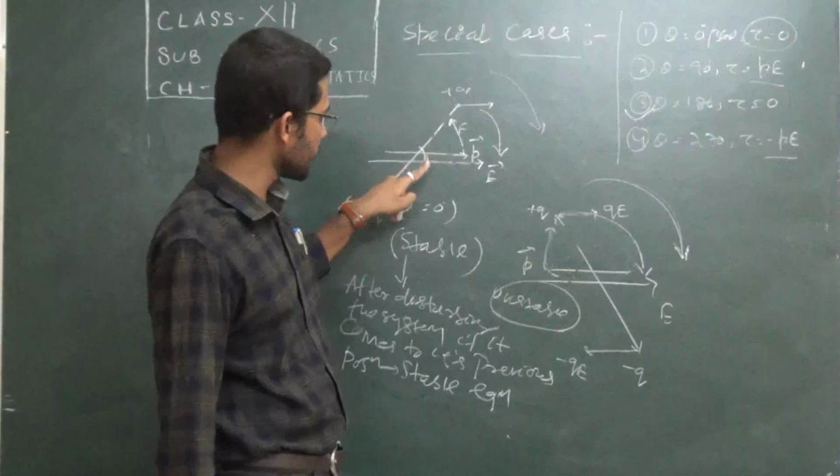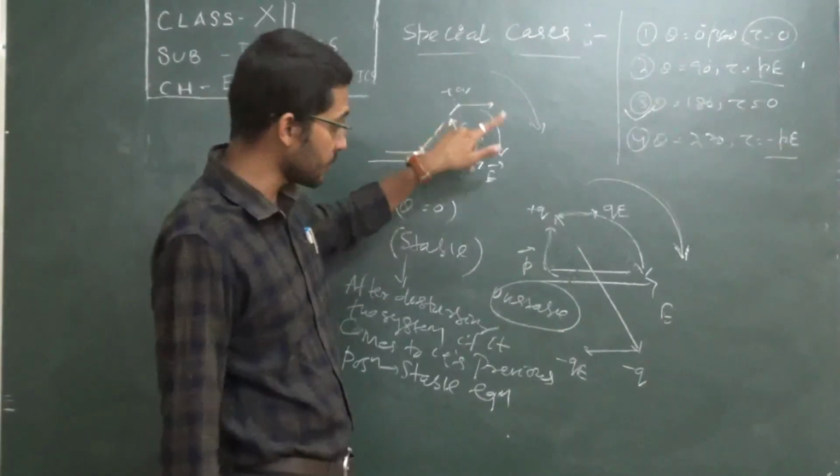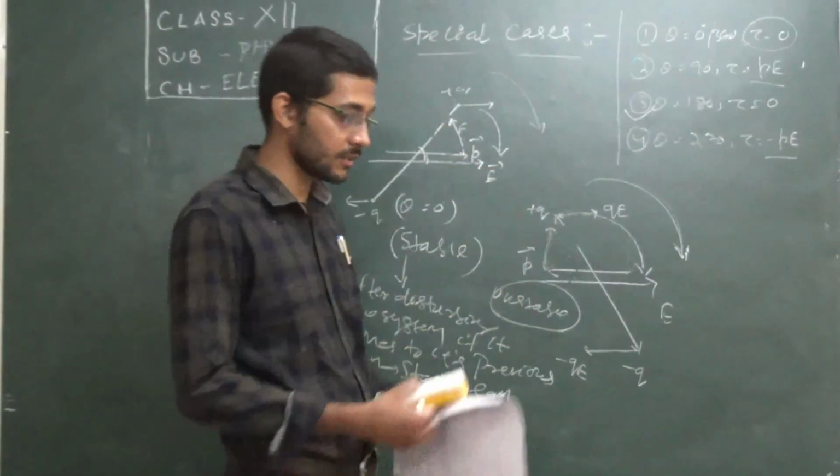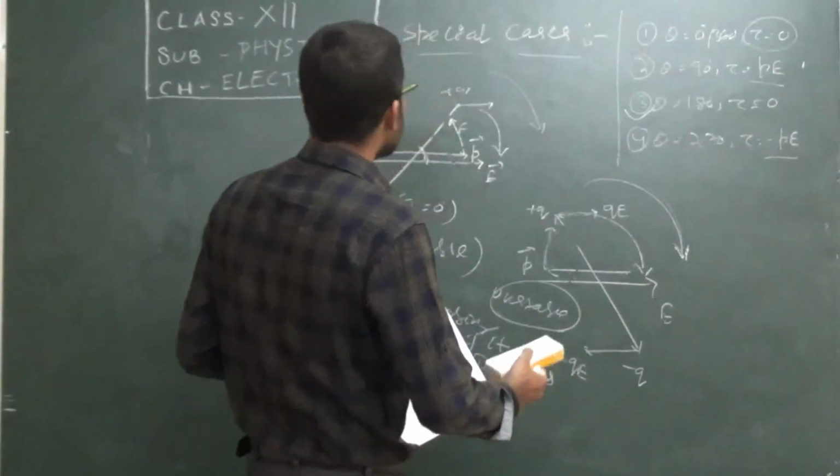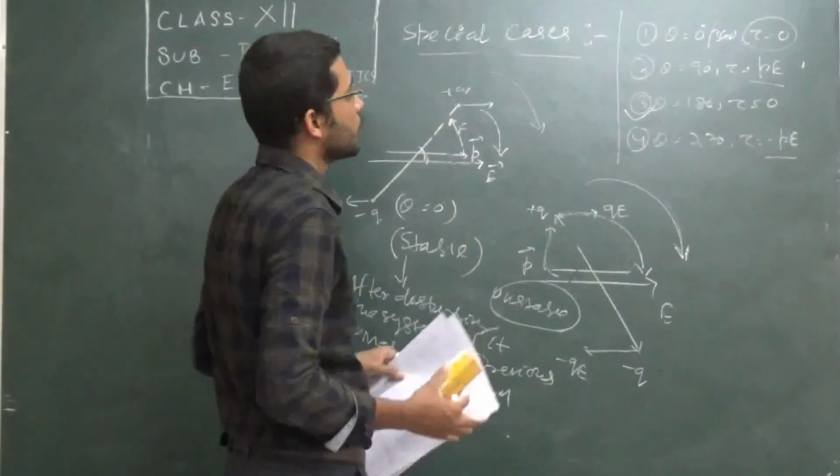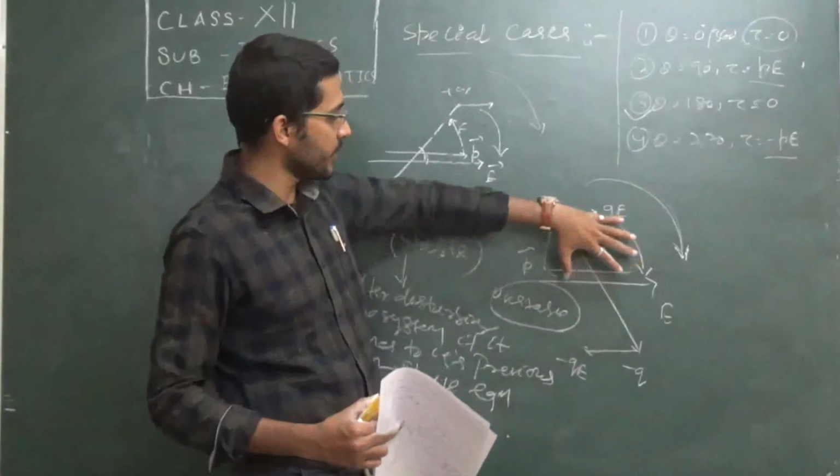That's why this represents your stable equilibrium. This represents your unstable equilibrium. So this is a quite necessary concept which will help you in your board exam particularly. This is the basic case of your torque when any electric dipole is placed inside